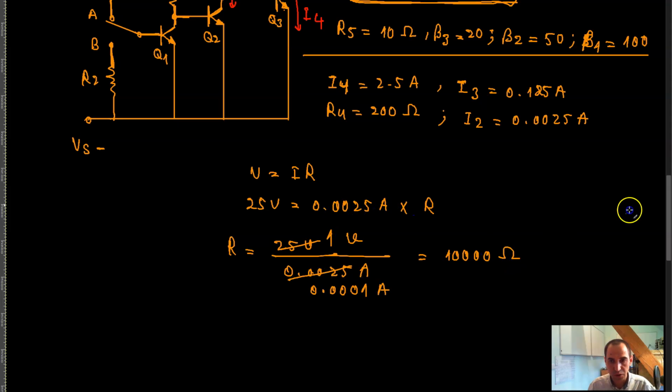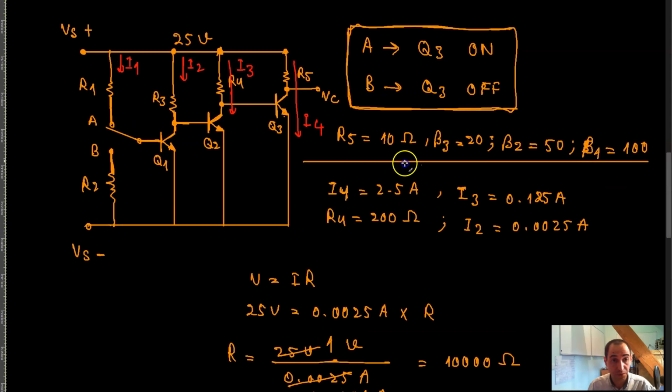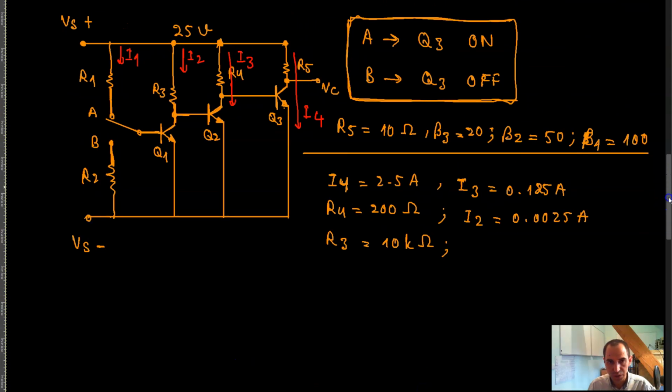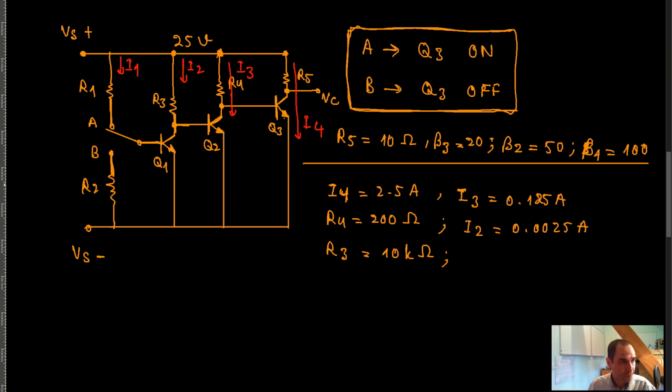So that means that R3 is supposed to be 10,000 ohm, which is 10 kilo ohm. Right? So now we know that R3 is 10 kilo ohm, and the current going through this I2 is 0.0025 amp, and